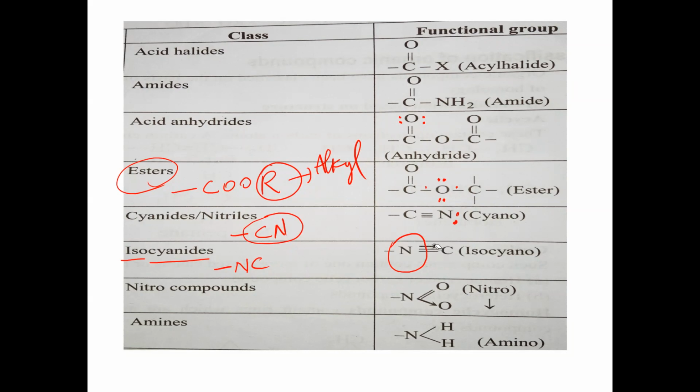In the formation of dative bond, coordinate covalent bond, this nitrogen acts as the donor atom, and carbon acts as the acceptor atom. So this dative bond arrow mark is from nitrogen to carbon. So nitrogen has how many bonds around it? Check it: 1, 2, 3 covalent bonds. This dash indicates covalent bond. And this arrow indicates dative bond. So around the nitrogen, 3 covalent bonds and 1 dative bond. Total number of bonds around the nitrogen, how many?